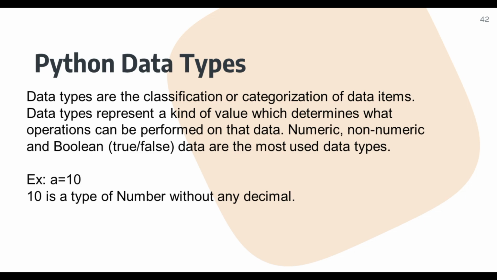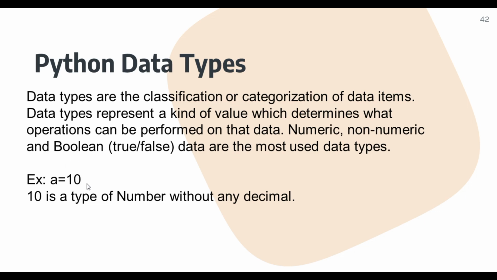For example, by date of birth of the student we can get the age, but by the name we can't get the age of the student. So here you can understand the difference between these two different types. By the name, that is string type, we can't get any kind of calculation like age calculation or whatever, while date of birth is a number data type. By that we can get the age of the student. Here you can see the example.